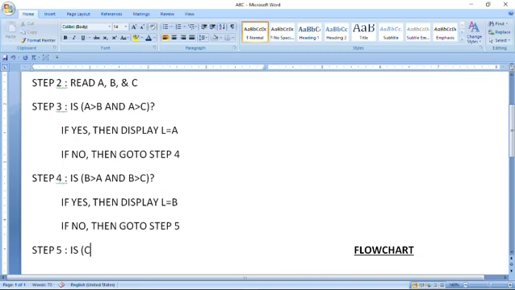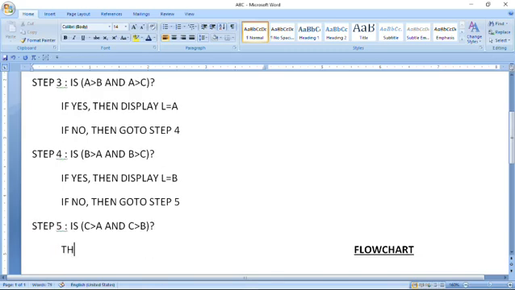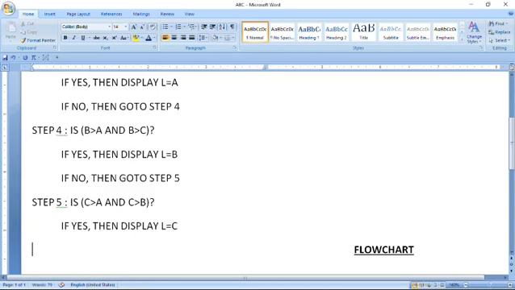Now we have to write the condition for C, because we have already written two conditions: first the condition for A, second the condition for B. Now we are going to check the possibility of C. When C is the largest number, if C is greater than A and C is greater than B, if this condition is true, then what happens? If yes, then display L equal to C. If no,